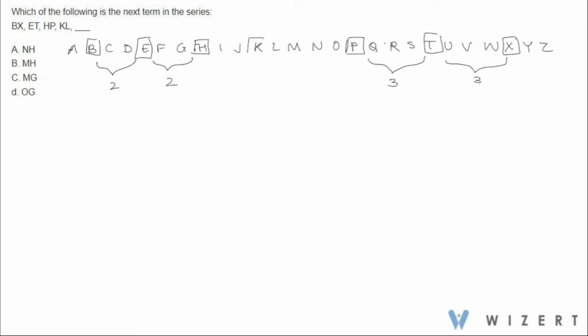So next should be K and L, and correct, we have 2 and 3 reduced. So next term we have predicted correctly. So the next term after KL will be, we have to reduce 2 from this side, so it will be N,